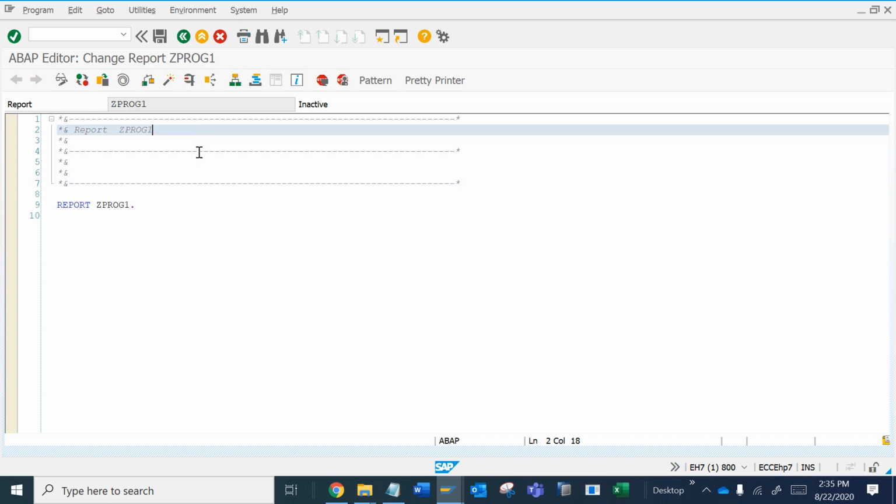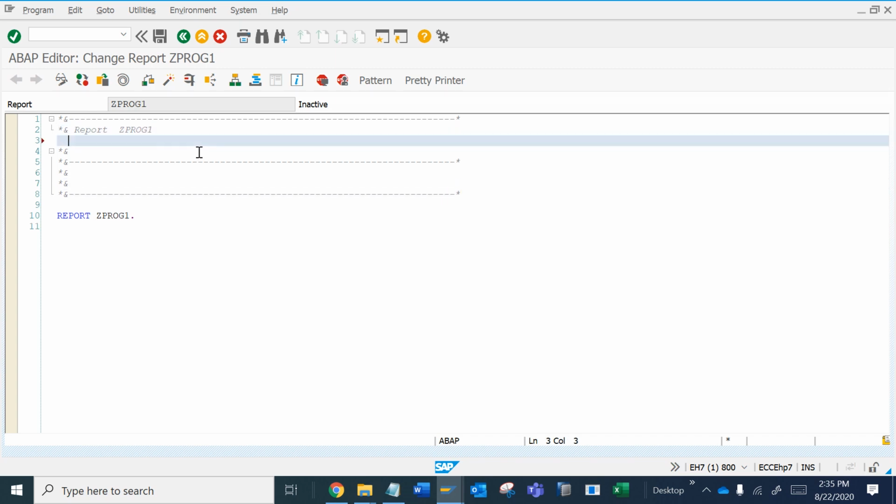So we can put here like this, a description: sum of two numbers, just for documentation purposes, so that it will be readable.